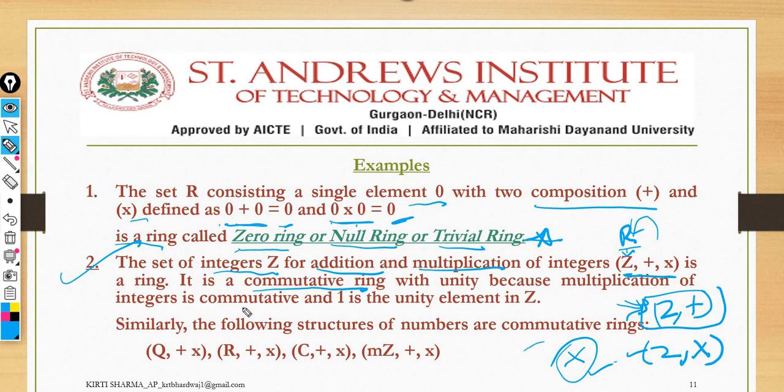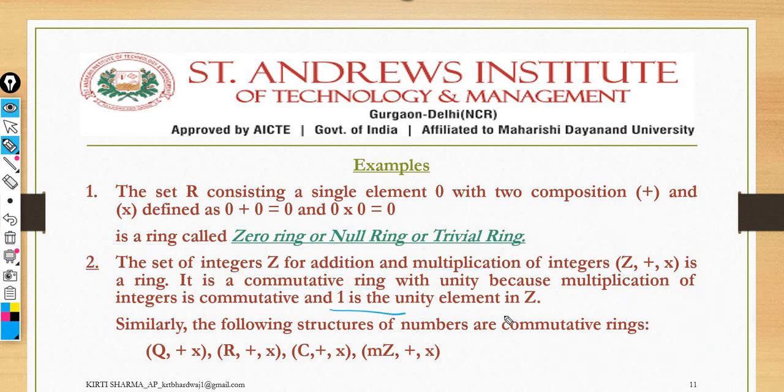So multiplication on integers is commutative, and one more thing: with multiplication the identity element is 1. Is this 1 an integer or not? Yes, of course it is an integer. That's why it's the unity element of Z. So here we have 1 as the unit element in the case of multiplication. What does this mean exactly? There should be an identity element, the value 1, for the multiplication operation. It's clear to all, right? If we check this value E, does it belong to Z or not? Yes, of course it's also an integer, it belongs to Z. That means it is a unity element in Z. I hope it is clear.